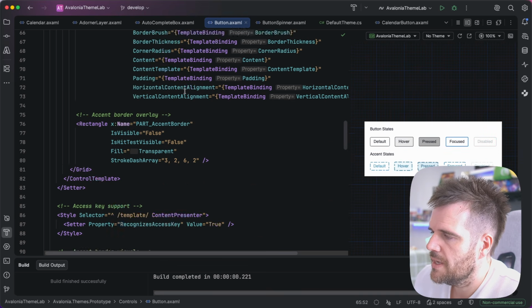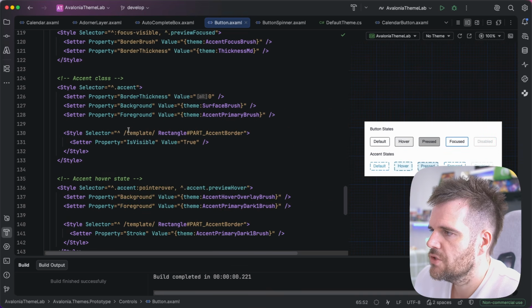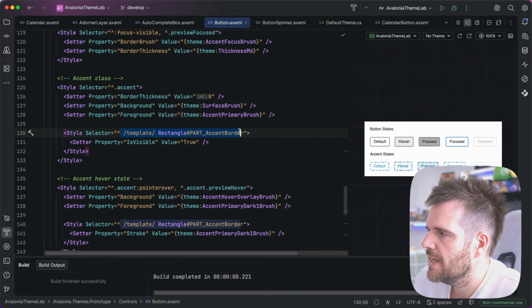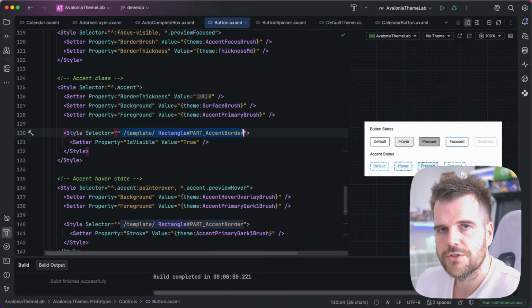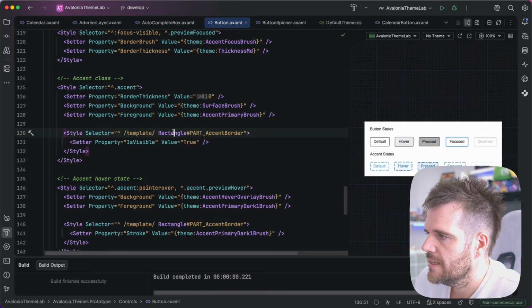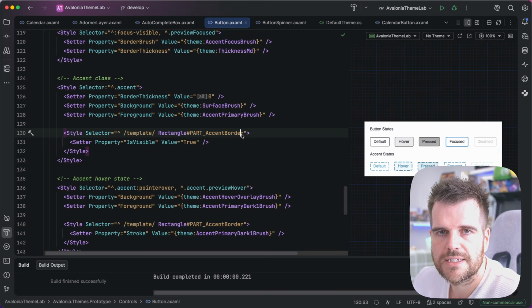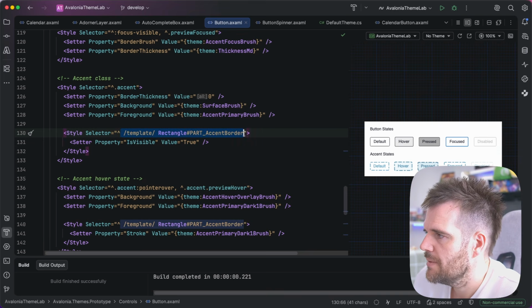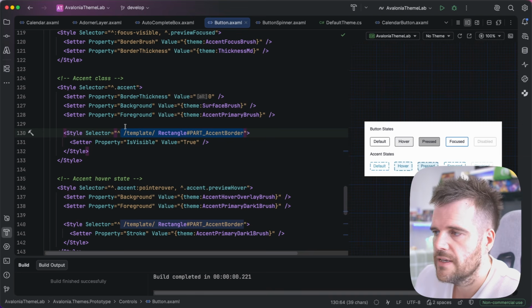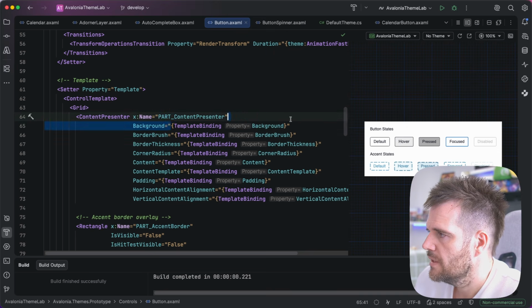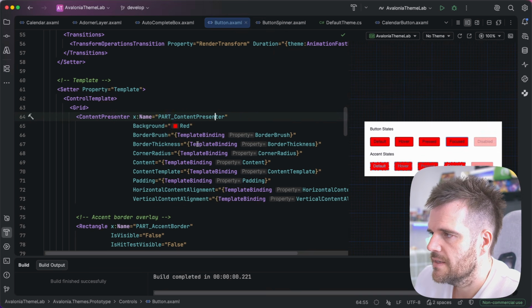And the only way then to bypass that is with hackish looking things like this, where you're pre-selecting into a template. This is fine if you're selecting into a template for something that doesn't exist on the default control, like a button. This is where we've added a custom item inside of there for an accent border that doesn't exist on the button. So there's no other way bar to select in. However, if we wanted to just override the background color of a button, and that is already there, and we did it the other way, which I believe the default Avalonia template does, it binds to something here that isn't the template binding,